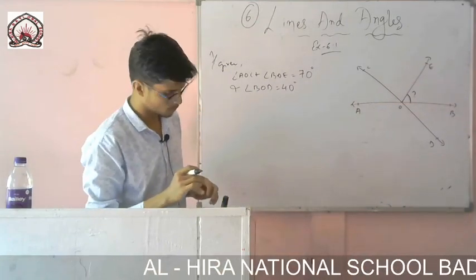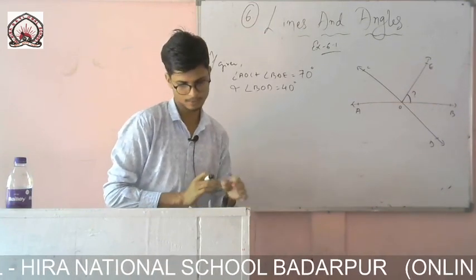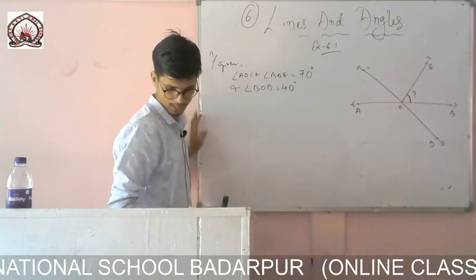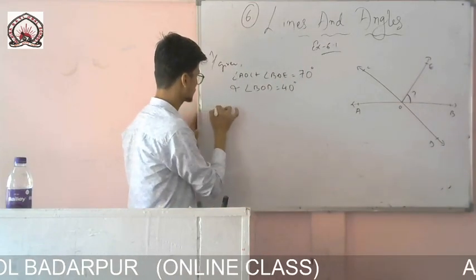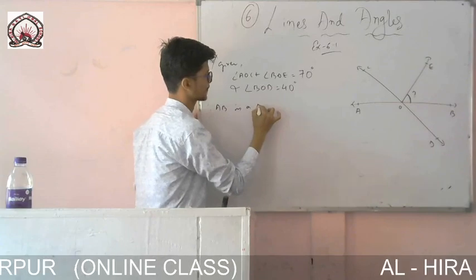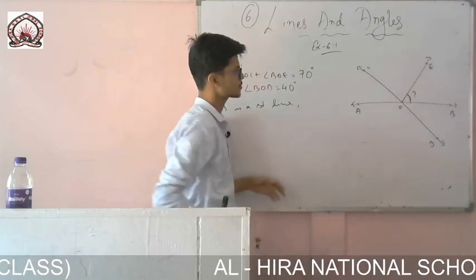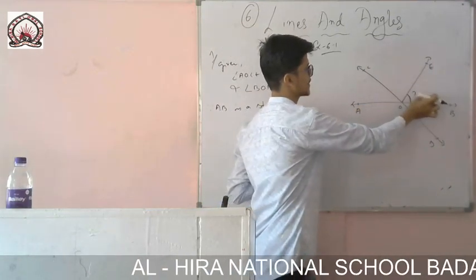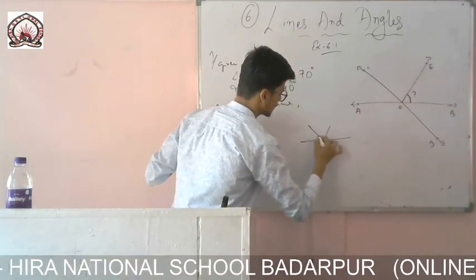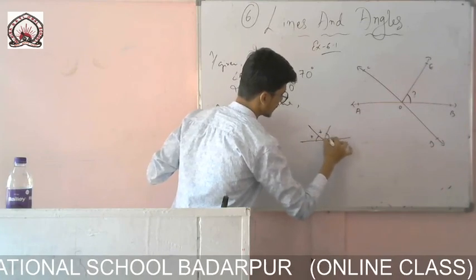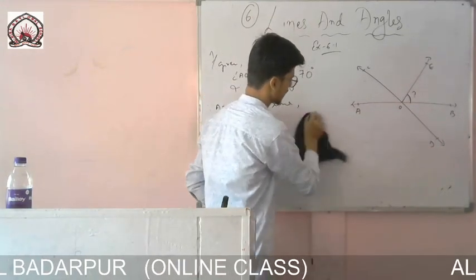Now you have to find one by one, whether you find angle BOE first or the reflex angle COE, it's up to you. Let me find the COE. It is easy, actually. You see here, AB is a straight line. So first of all, let me write, since AB is a straight line, then I can write this angle plus that angle will be equal to 180 degrees. If it is a straight line, three angles are there, that means this one plus that angle will be equal to the whole 180 degrees. So I'll write it like this.